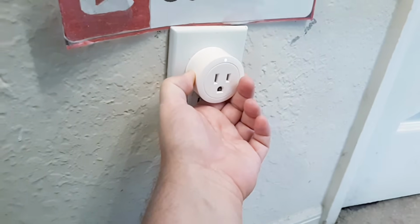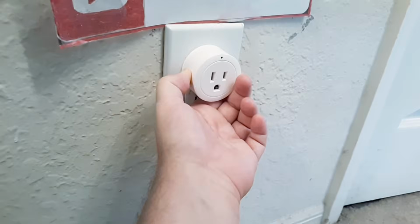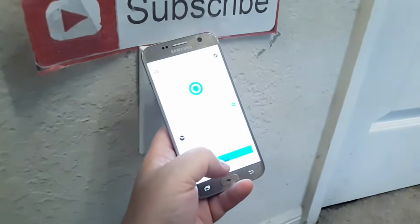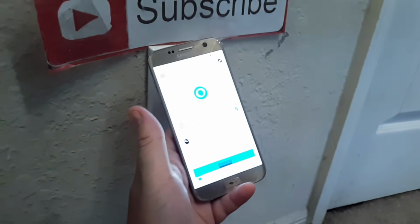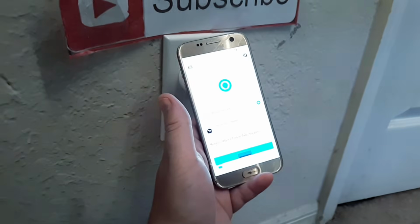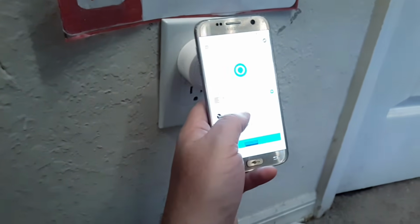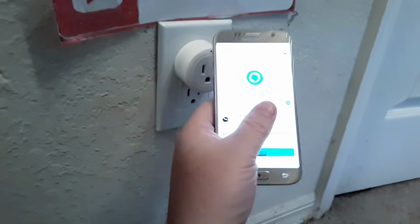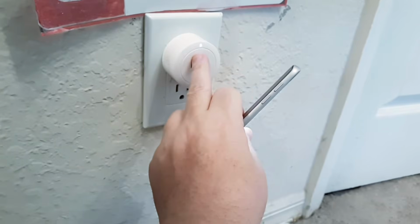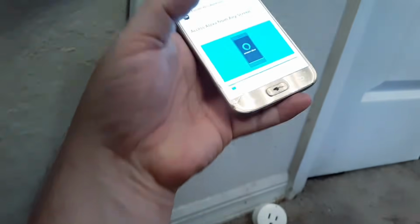So when you're holding it down, you're trying to get it discovered by your app on your phone. Right now I'm using Amazon to do it to my Alexa, but it doesn't matter if you have a Google Hub or a Nest or whatever device that you're using it on. It's the same concept. I want to put the reset on the plug first, and then once it's blinking,